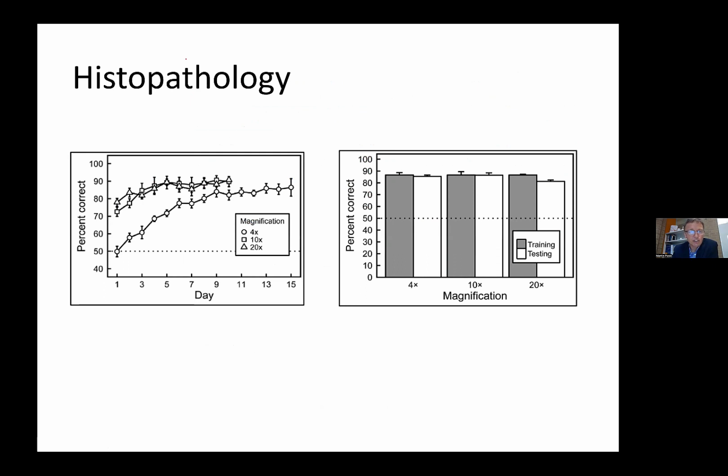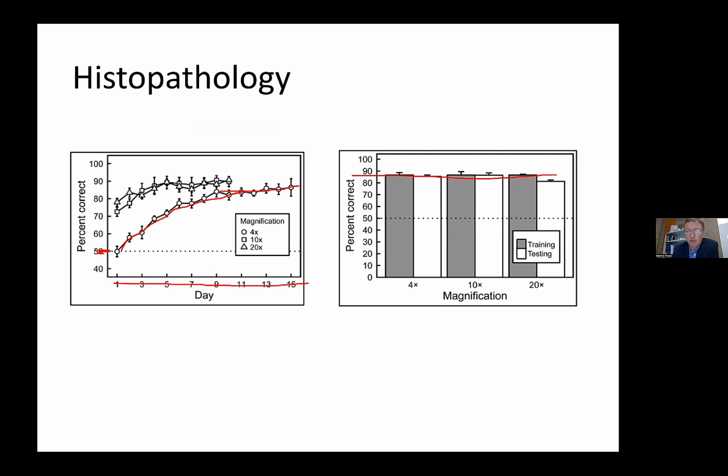And so here's what it looks like. What you see is they've measured on the x-axis the number of days they've been working away at this particular task, and we'll pay attention to the different magnifications, 4 times, 10 times, 20 times. It's an easier task if you have it magnified. But they start off at chance at 50%, and they show a beautiful power law learning curve that goes up and then eventually levels out at 90% or so,